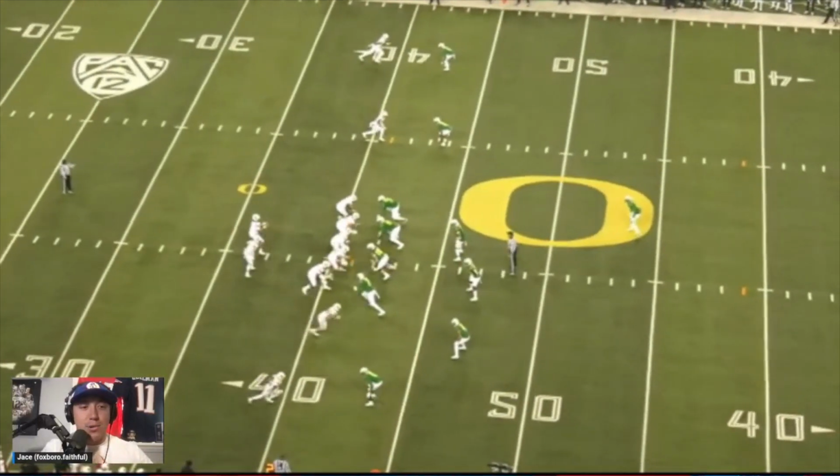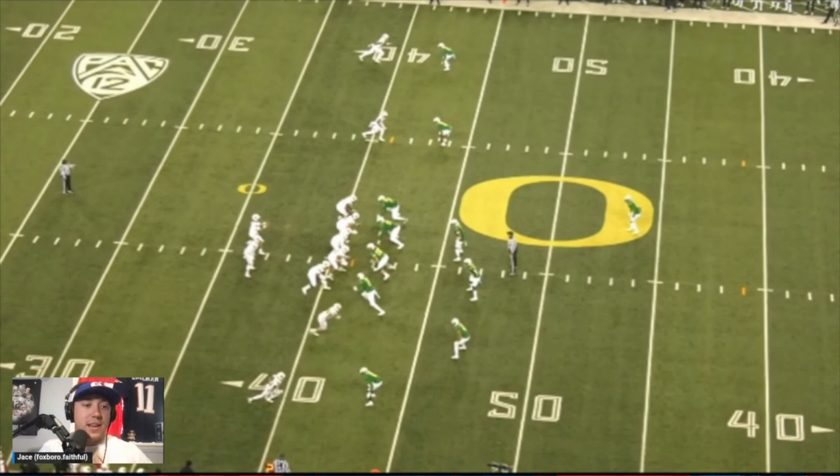Let's get a couple of those for New England, make it easy on the offense, make them only have to go 2 yards, even though our red zone offense was bad. I don't think it will be that bad. So